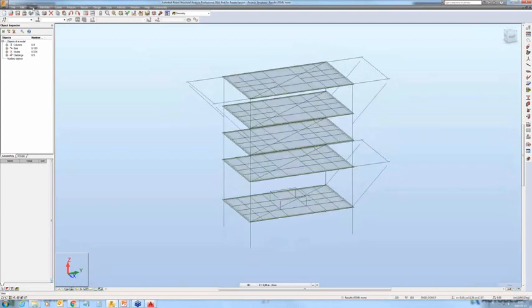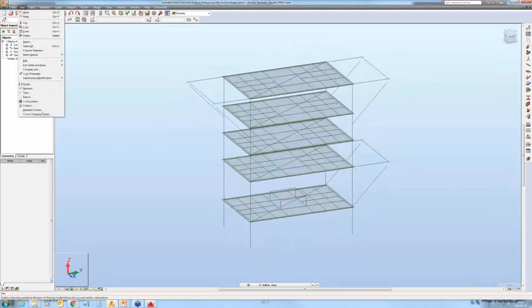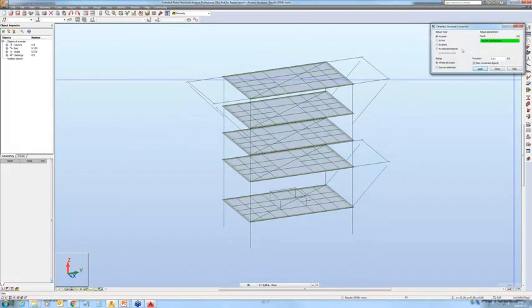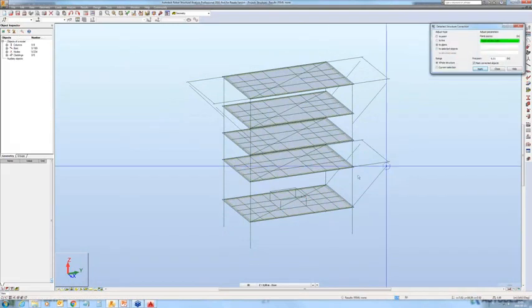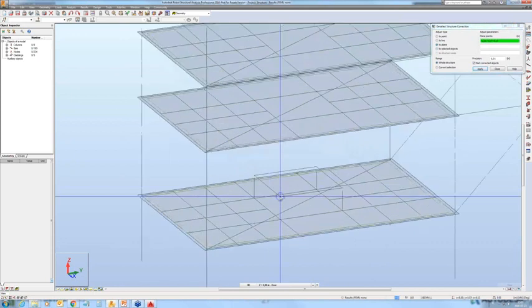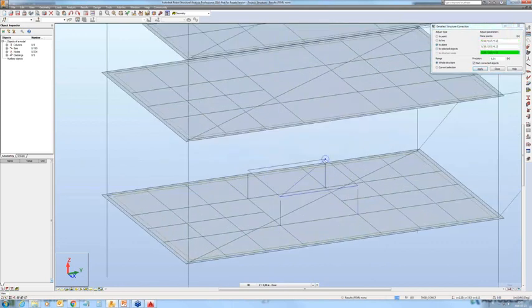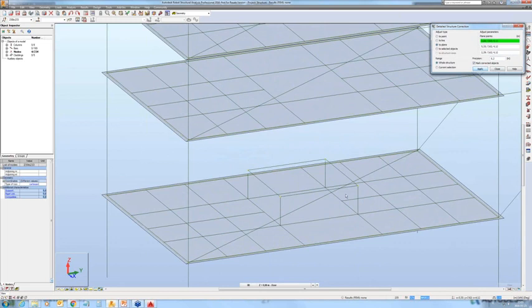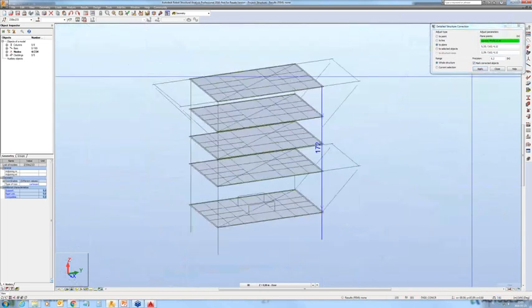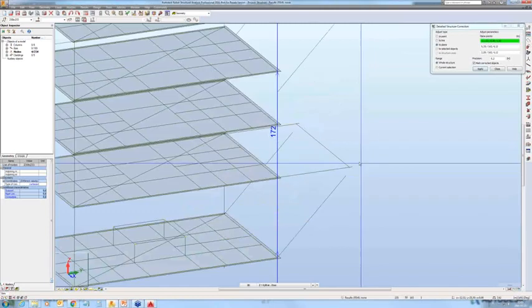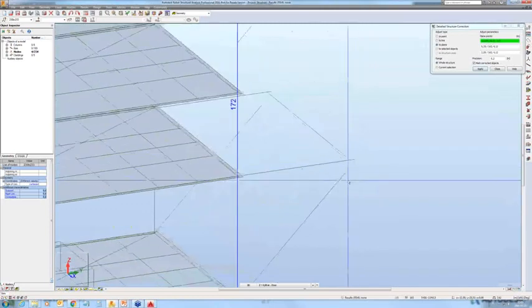So this time, I'm going to use the detailed correct option, and I will indicate the plane. Here we have some gaps between this plane and these short columns. I will specify the distance that matches the gap, and if I press the apply button, you can see that these elements are connected. I'm going to work in a similar way to get rid of these short cantilevers and connect the